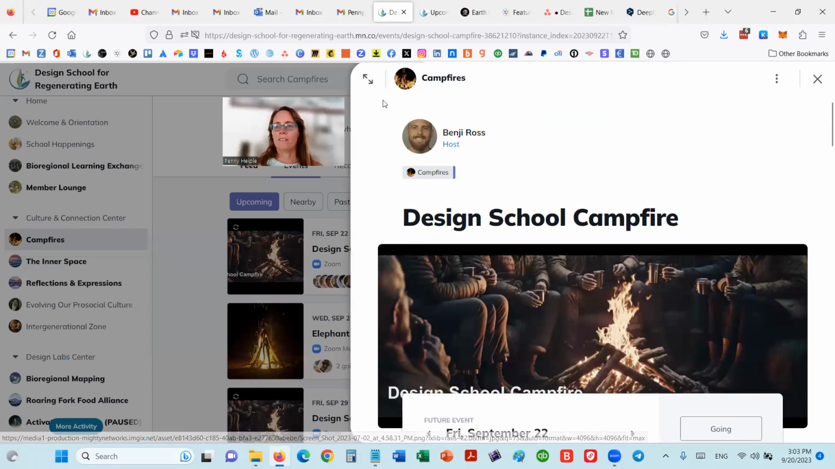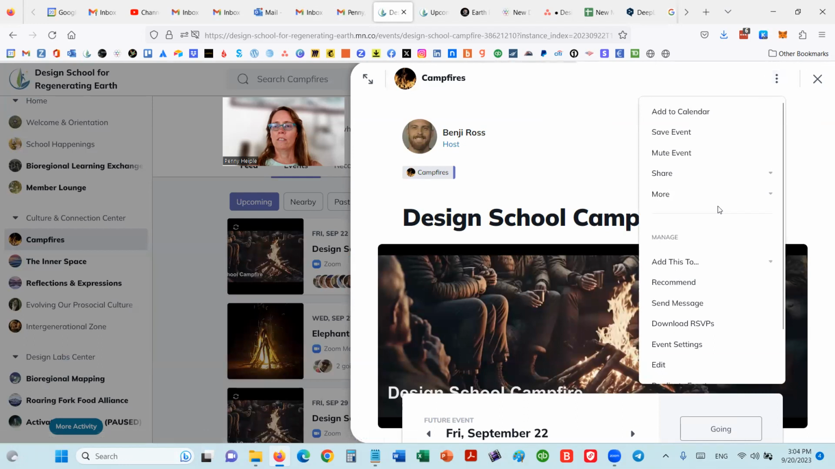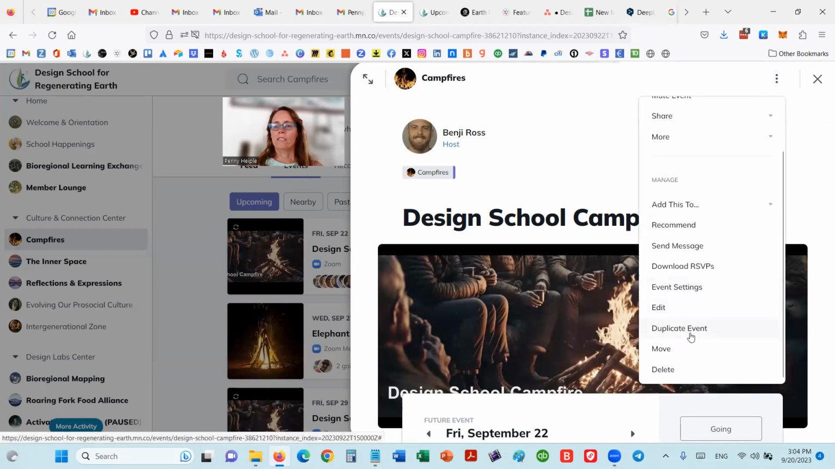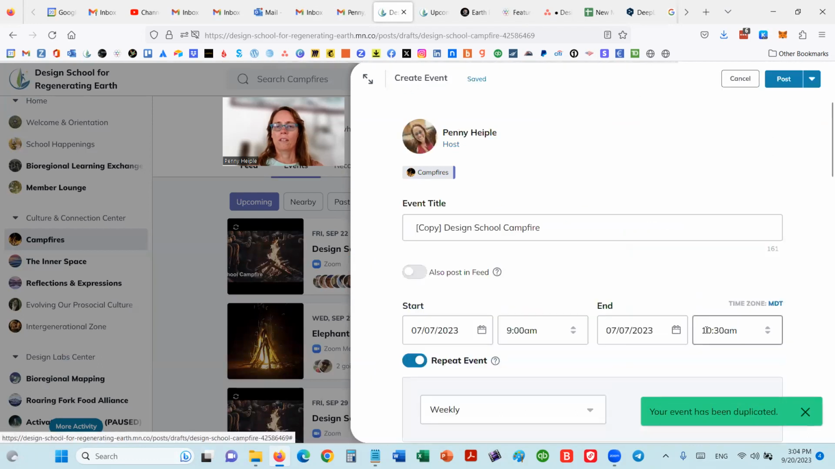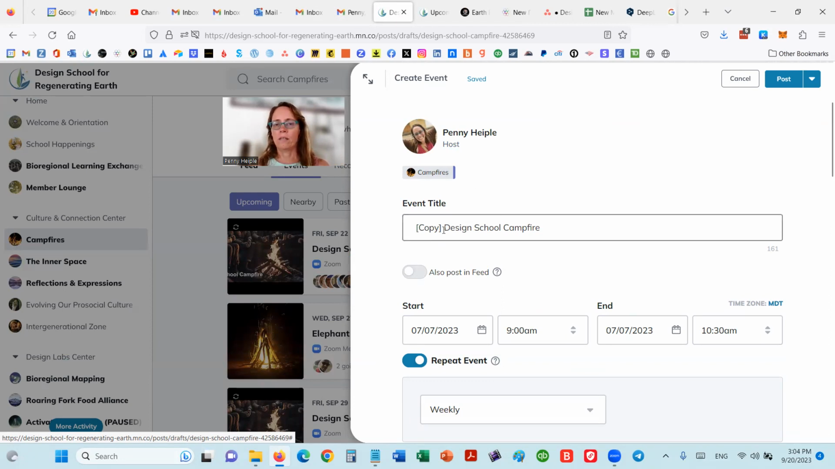And in order to duplicate the event, you want to go to these three dots in the upper right-hand corner, scroll down, and then choose Duplicate Event. And then you'll see it's created the duplicate event. The way you can tell that you're in the duplicate event is there's this copy part here right at the beginning of the title. So now you're in your new event, and you delete out the copy,